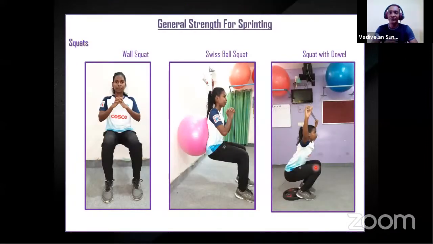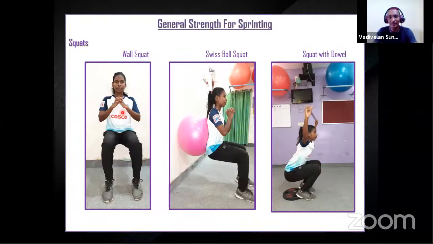Actually, we have talked about the three stages: general strength and specific strength. So now we are going to train the athlete with all three stages. The general strength usually has traditional strength training like a squat. The athlete may perform a squat very well, if it's an elite athlete it is okay. But if you're training a beginner athlete, the squat is a little bit harder, so you can't give a squat directly. Instead of asking for a squat at the beginning, you can suggest the wall squat.